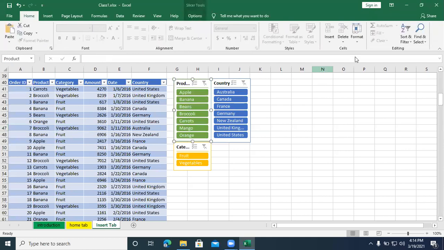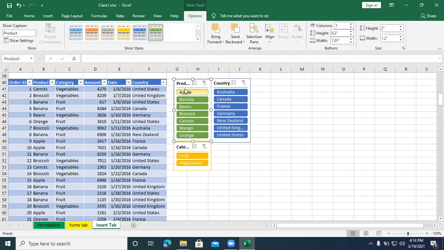You can modify the size. Again, slicer options will appear. Once you select the slicer, you will get Slicer Tools. In the other options, you can increase and decrease the height and width of your shape and buttons also. Inside that, whatever buttons I am getting, I can also increase and decrease a button. I can also change the styles with the help of colors. Any doubts?